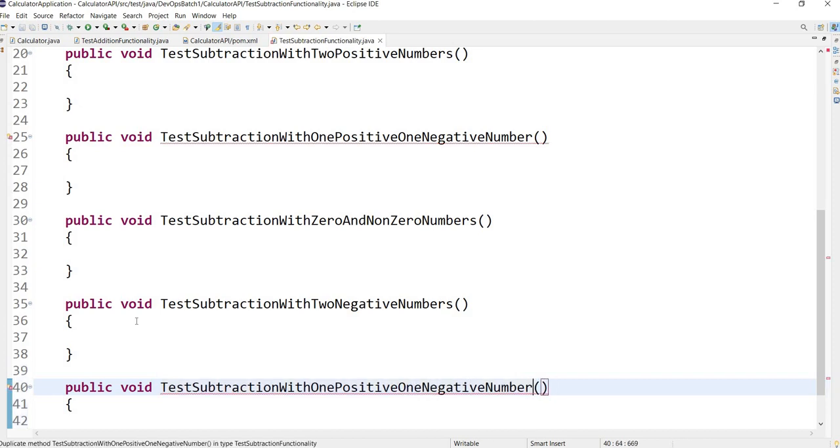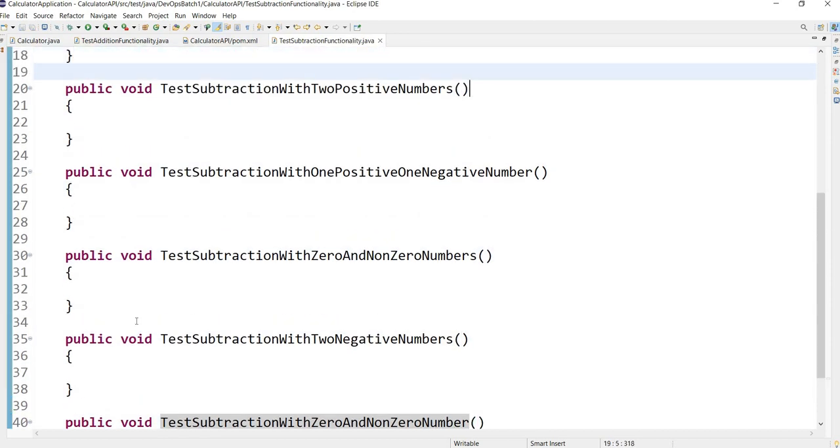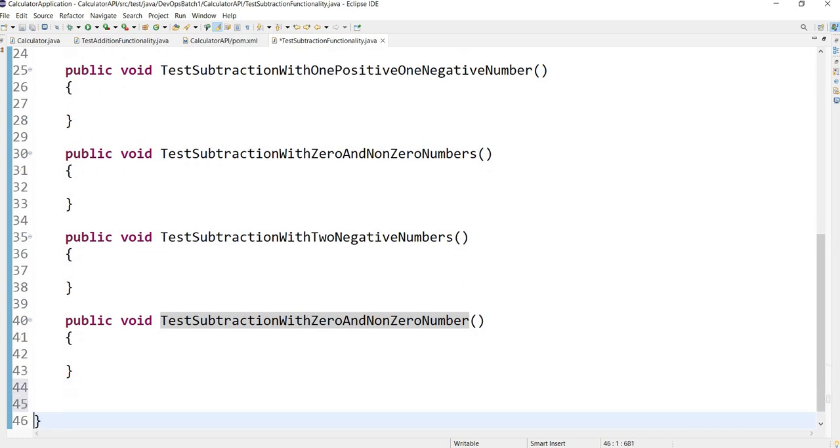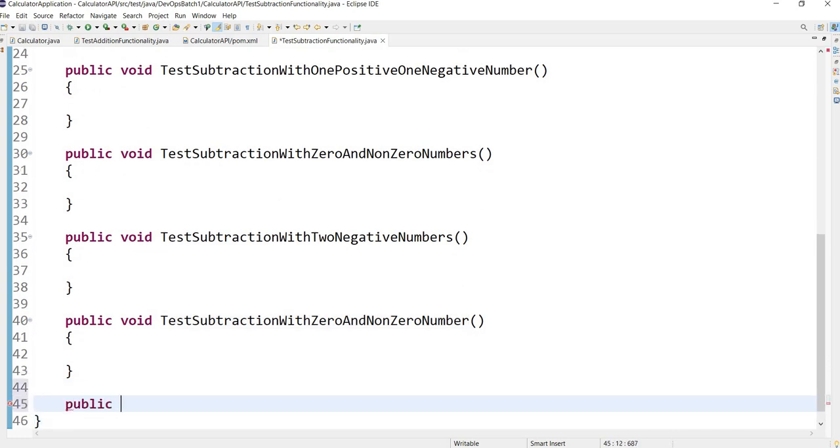Right, so these are the test cases. Okay, we are done with one positive, one negative. Okay, we need test subtraction with 0 and 0. Okay, so these are the 5 test cases we want, and another method which will take care of setting the